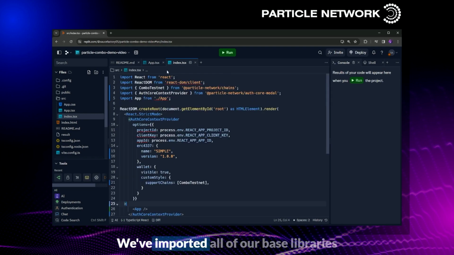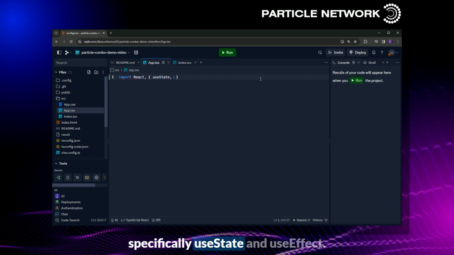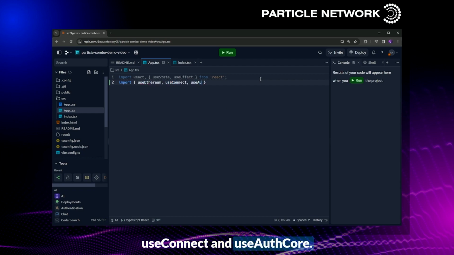And there we go. We've imported all of our base libraries and configured Particle Network through the AuthCore context provider. So let's now move on to app.tsx. Like I mentioned, this is the main file within our application that we'll be using to define the logic powering this demo. So once again, similar to index, let's begin by importing a few different required libraries. The first will be React, and specifically useState and useEffect. Then from Particle, we can import 3 different hooks: useEthereum, useConnect, and useAuthCore. That'll be from